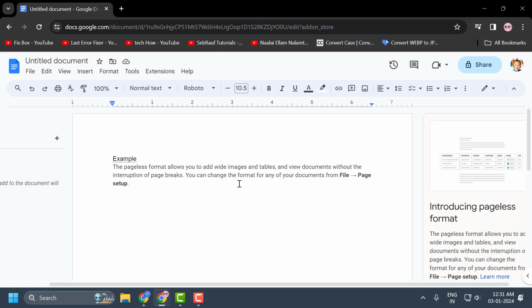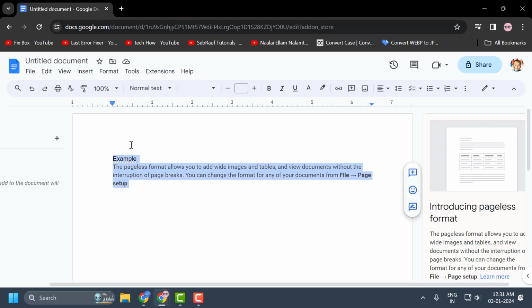Today we are going to see how to adjust spacing in a Google Doc. I'll show you guys how to do that. You just need to highlight whatever text you want to adjust spacing for, and after that select the Format tab